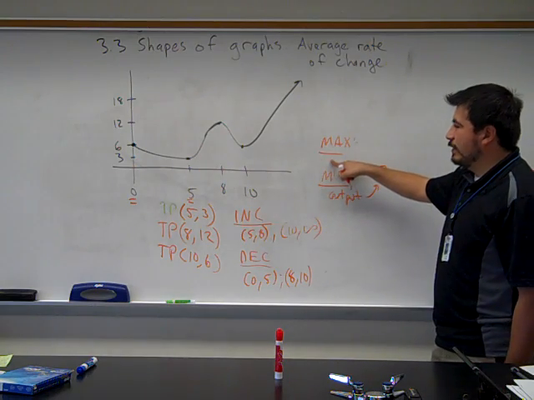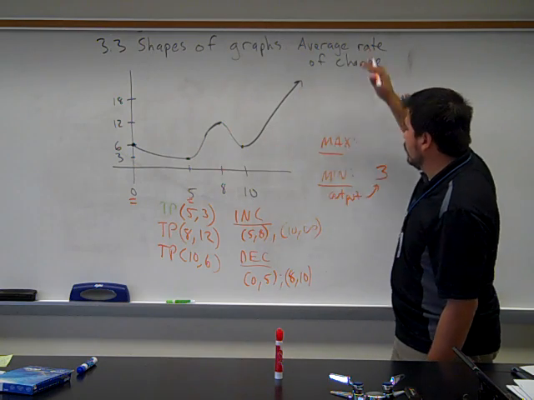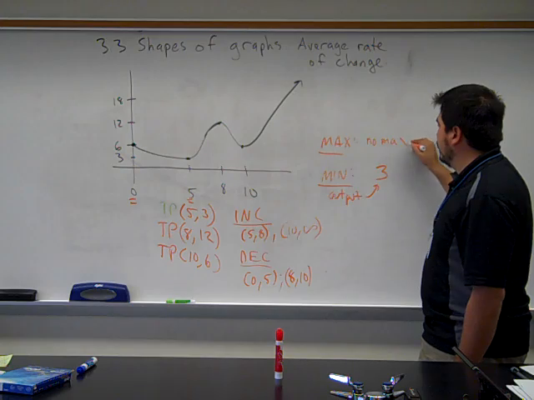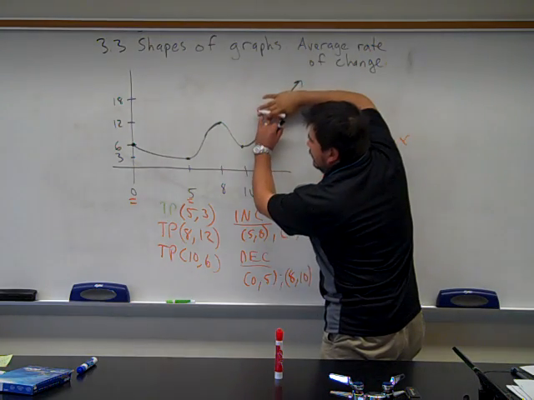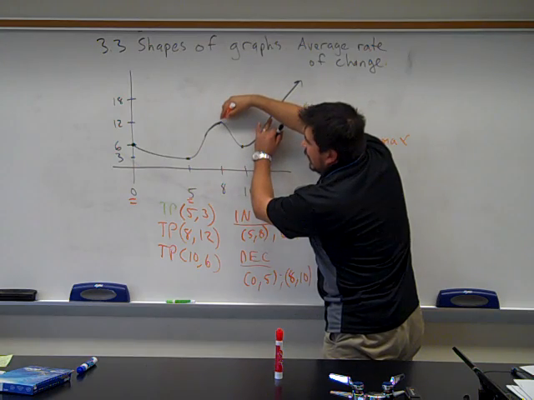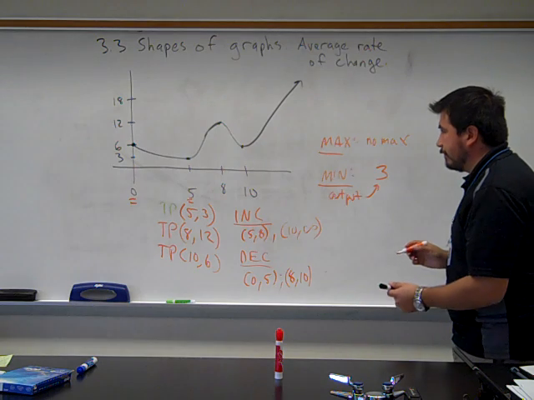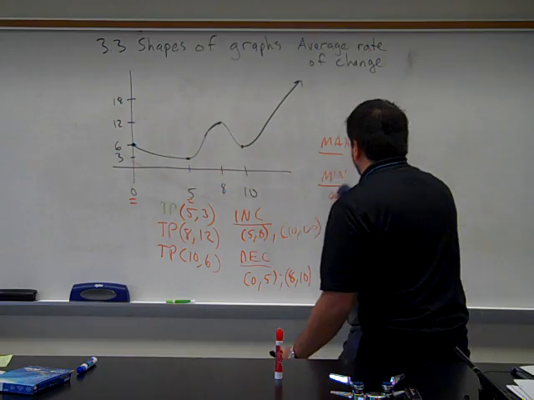Maximum means highest output. Well, it looks like this might be 12, but then afterwards it keeps going on forever. So we're going to say that there is no max, no maximum. Unless for some reason I erased this and didn't have that there, then I would say maybe that my maximum is at 12, because the highest that it gets is 12. Okay, so there's the shapes of graphs with the right vocabulary. We talked about max, min, turning point, increasing, decreasing. I think we're good. So now average rate of change